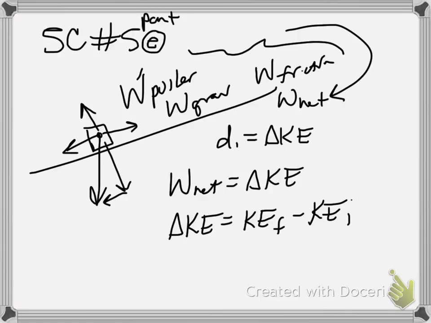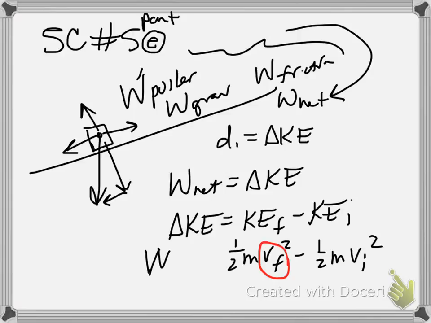And KE final is 1/2 mass final velocity squared. Then this is 1/2 mass initial velocity squared. Well, there you have final velocity to solve for, and it's equivalent to the net work, which, of course, you got in part D. So you wouldn't plug in F D cosine theta. You could if you used net force, but you've already figured the net work, or the delta KE, so you might as well just use that. Okay, if I use net force though,